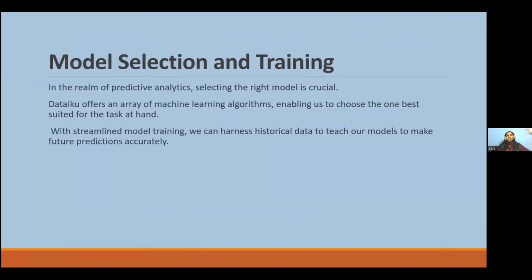Basically, for model selection and training, the platform Dataiku is also available, but as it's a paid source, in this project we have used AWS as a platform. Wherein we have to log in as root from the management console. After login, we use what is called Quick Start, where we use Dataiku subsequently to make the prediction models.